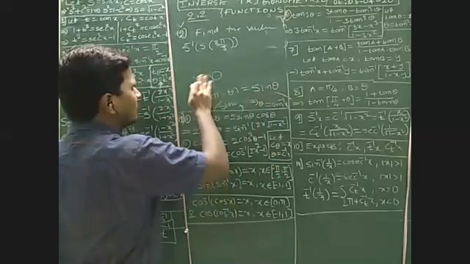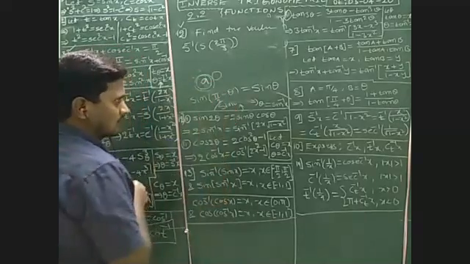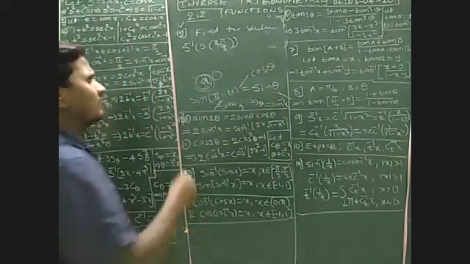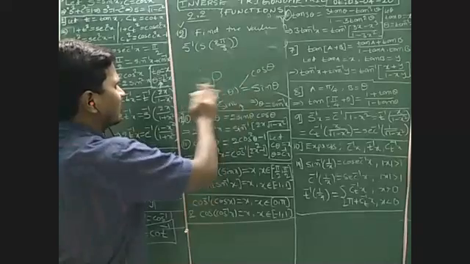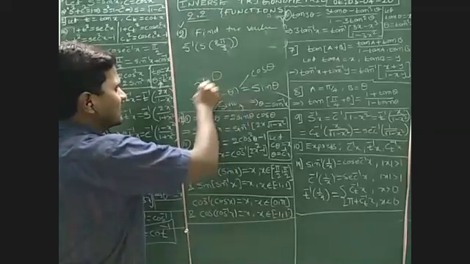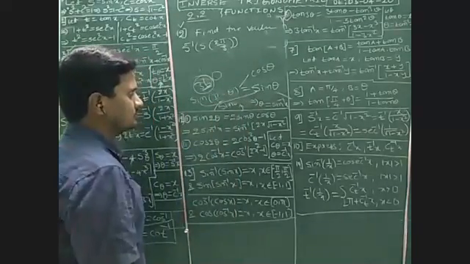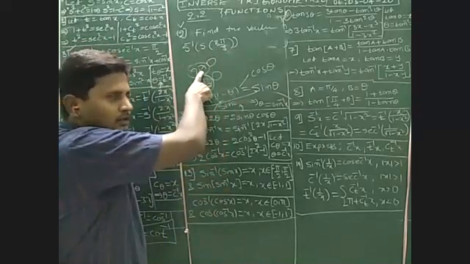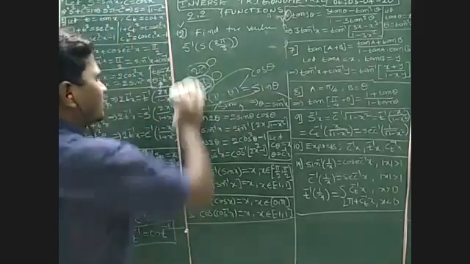But for example, if 90 is there, 90 minus theta, what is sin of 90 minus theta? 9 is an odd number. Whenever we have an odd number, sin becomes cos. If you have an even number, sin becomes sin. For example, 360 minus theta or 360 plus theta: 360 means 36, which is even, so sin becomes sin only. If I take 270 minus theta, 27 is an odd number, so sin becomes cos again.